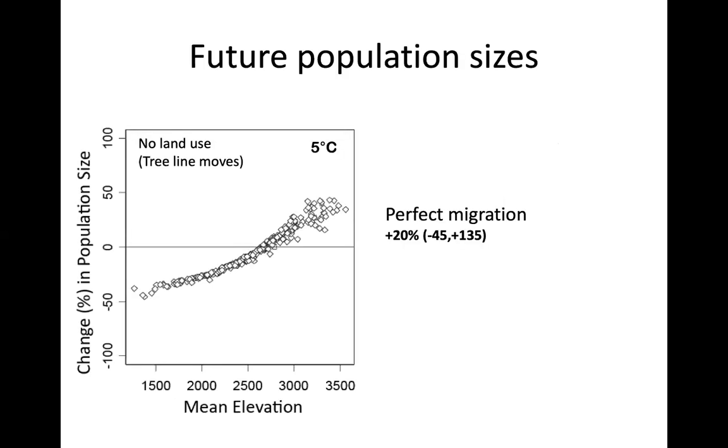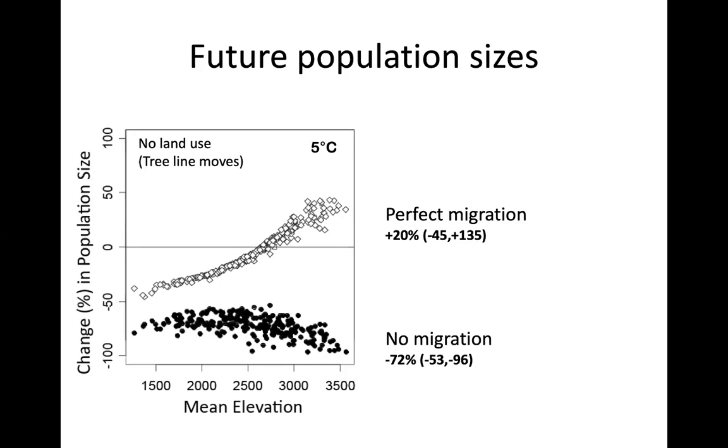And so here are just some scenarios. Here's the change in population size. If things are in perfect equilibrium with climate, so we look at the mean elevation that plants started with, you're down in the lowlands, you're going to be pushed out of some area onto the escarpment, and so you'll lose population. But a lot of things at high elevation, if they can move up, will do just great. But if there's no migration, climate will leave these things behind. The predicted climate change is actually larger than the range of most of the species. And that's conservative. Actually, a lot of species just get driven completely